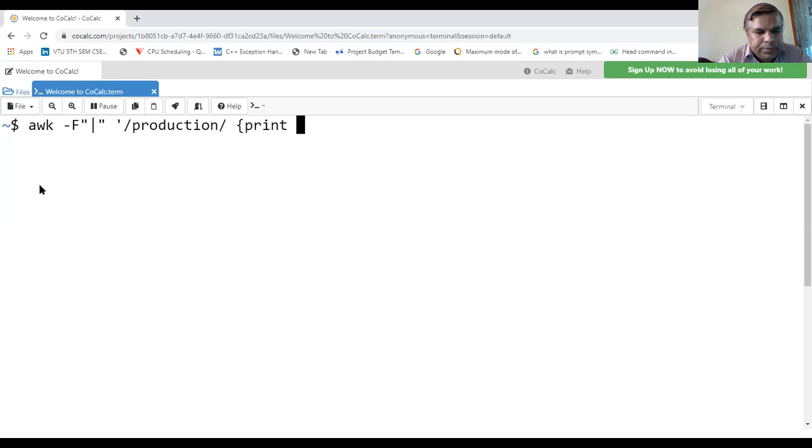Print $2, comma $3, comma $4, enclosed in single quotes, from the file emp.lst.